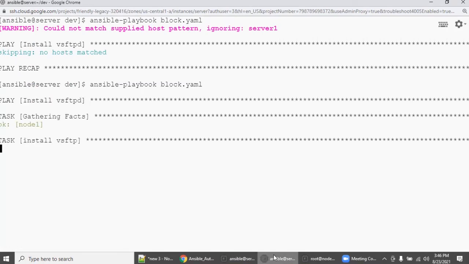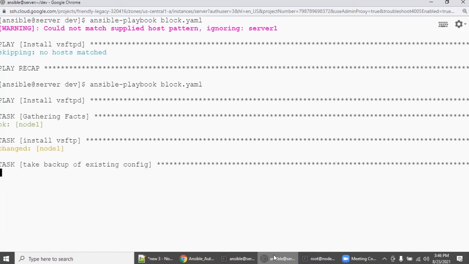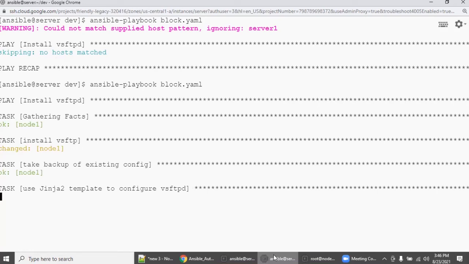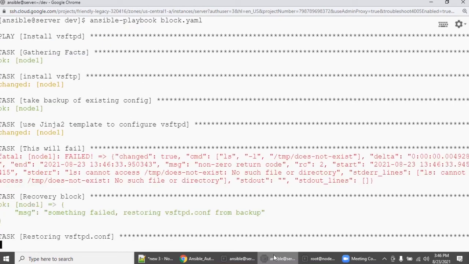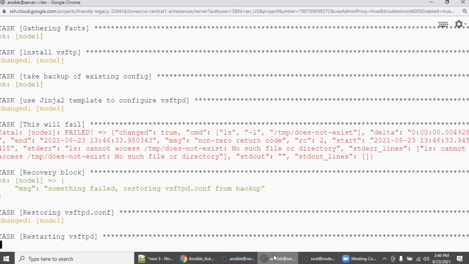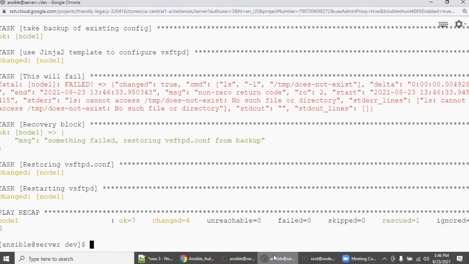What will happen is there will be an issue, so it will do the rollback, and after the rescue section is completed, the always section will again start executing. So this is the real-time scenario where you can do all your admin activities, backup activities, restore activities, change activities, everything. Block rescue will be a more critical logic, right?